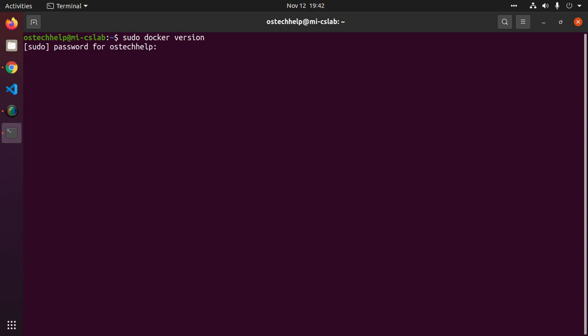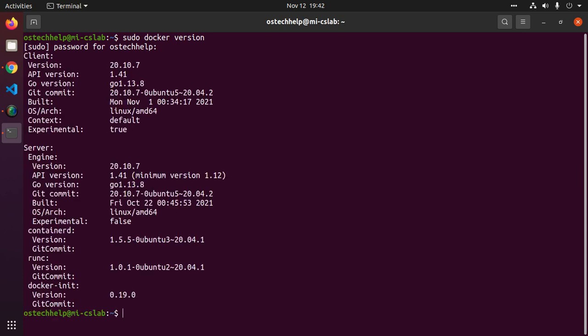Enter your admin password. If you don't have it installed already on your system, you will find a link in the video description on how to install Docker Engine on Ubuntu.